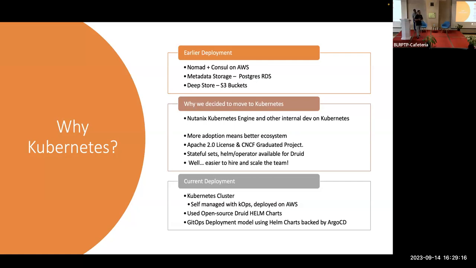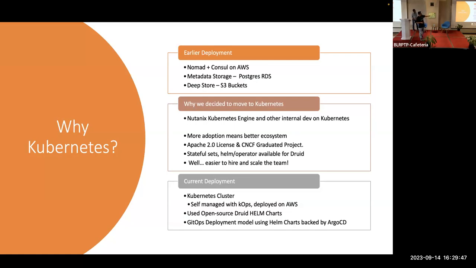Now that all these infrastructure providers or cloud providers provide Kubernetes, obviously there will be a lot of adoption, and a lot of adoption means better ecosystem. There is already a good ecosystem, and if somebody today comes up with an infrastructure piece, it will end up being integrated with Kubernetes. Case in point being, Druid already has Helm charts and operators. These are files that allow you to run things on Kubernetes.